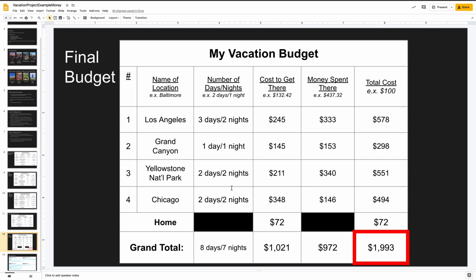Okay? So try your best at it. We're going to spend some time on this project, but the idea is to do research and to think about how you would go about planning a vacation. Because the thing is this, in life, you might want to have fun. You might want to go somewhere when you have a week or so off. But if you don't budget your money well, you're going to put yourself in a tough situation,